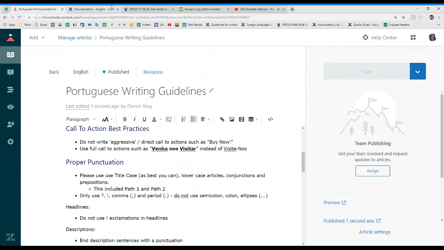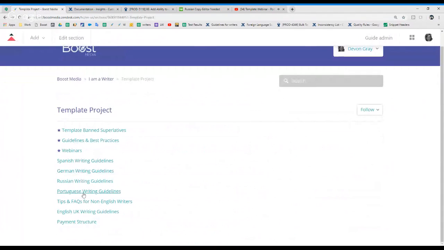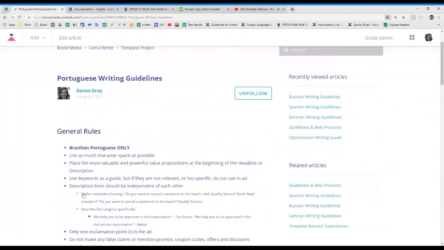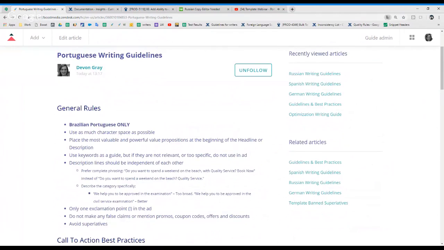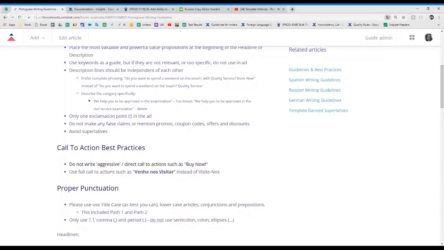Also, you can write ads and end them just in periods. You don't always have to use an exclamation point. It makes sense to use it if it's a call to action like "call now," or "come talk to us," or "shop with us." That's fine. But some of the categories are a little bit more serious. There's some oncology or cancer categories. There's some addiction recovery, addiction treatment categories. Not always "join us." You're right. Just keep it simple. Keep it grammatically